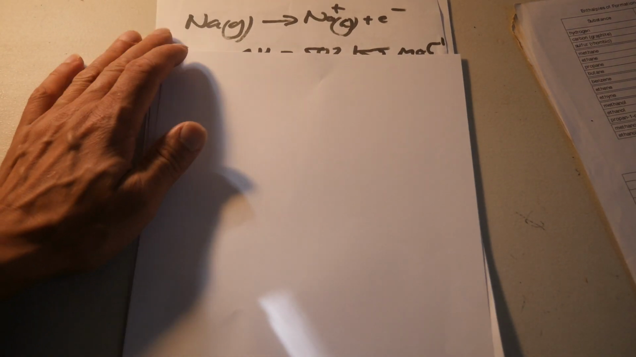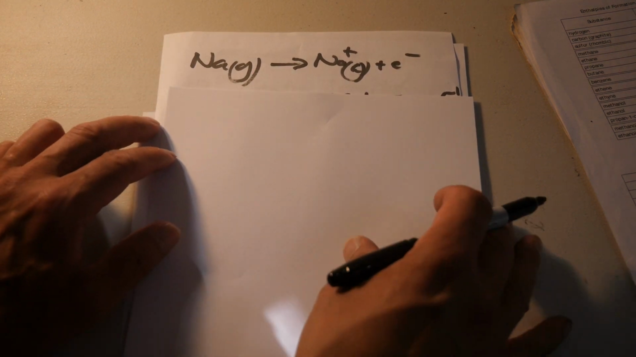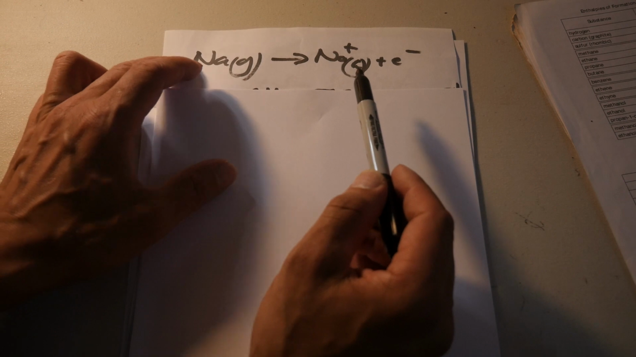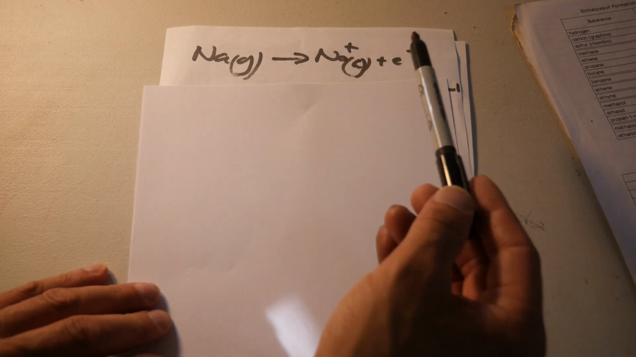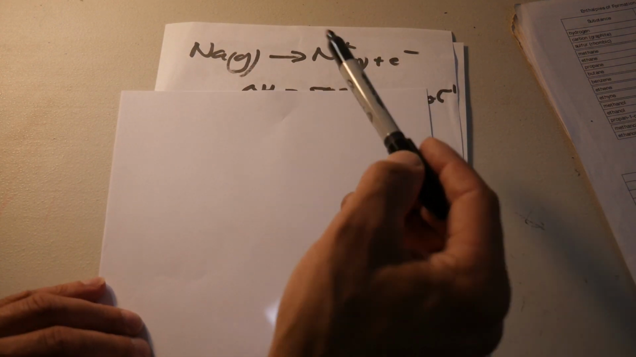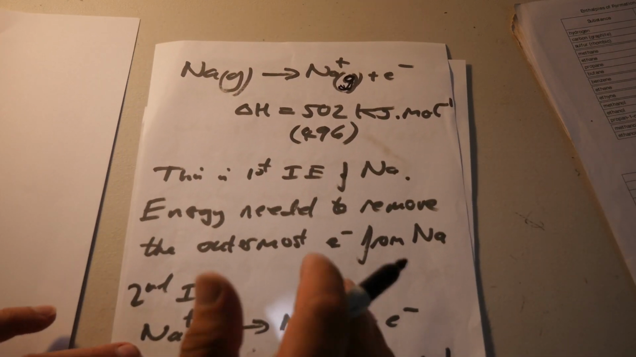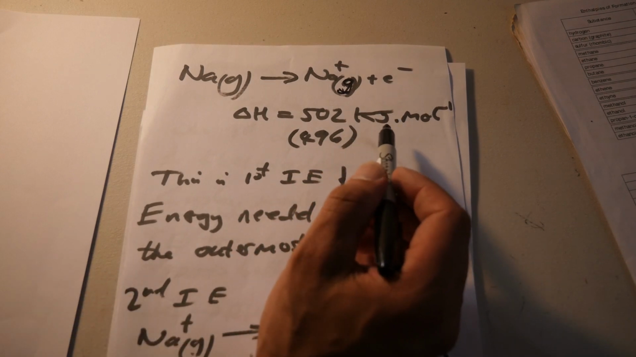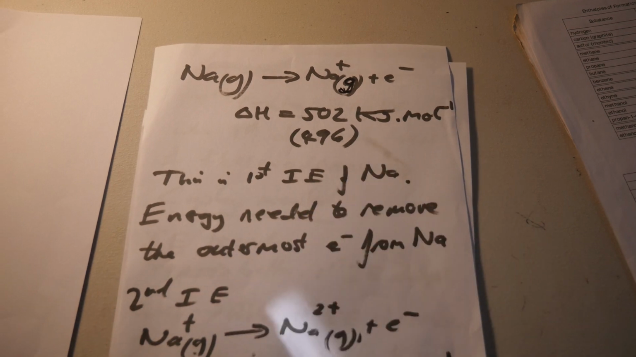So an example is if you take an atom, it can be any atom, I've written Na here, it could be any atom though. So atoms are ionized, they're heated and an electron is lost from the sodium. That's the gas state, that should be a G there. And the enthalpy change is 502 kilojoules per mole. The reason I've written 496 is I was going through the data booklet for this,